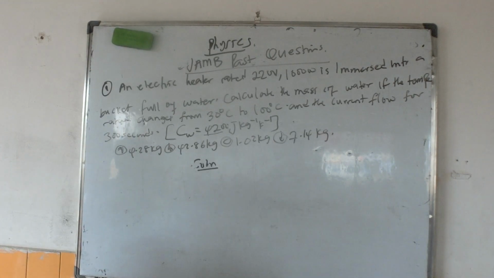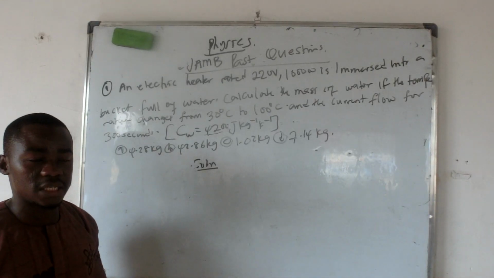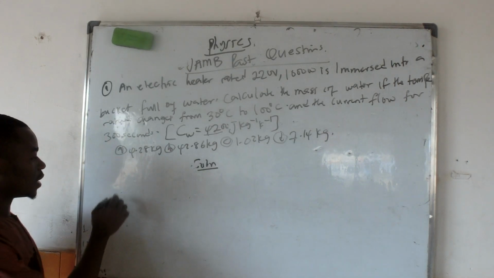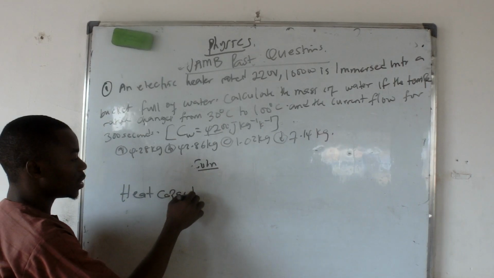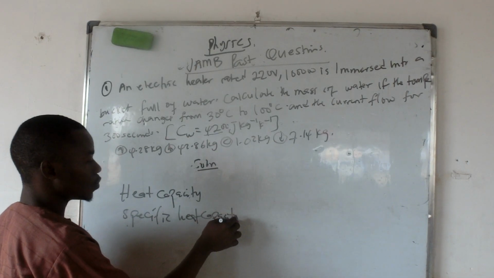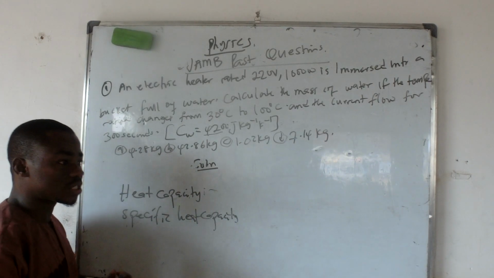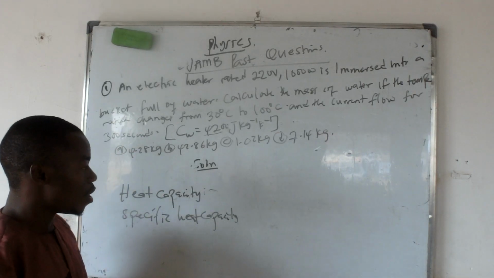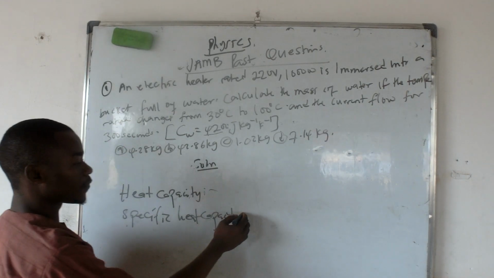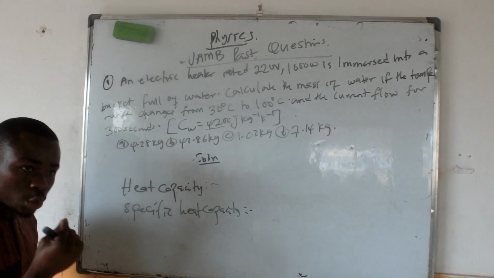Okay, this morning we'll be looking at this question, which is related to heat capacity and specific heat capacity. In class, I'm able to understand that there is what we call heat capacity, as well as specific heat capacity. Heat capacity is the quantity of heat required to raise the temperature of the whole body of a material through 1 Kelvin or through 1 degree Celsius. While specific heat capacity is the quantity of heat required to raise the temperature of a unit mass of a